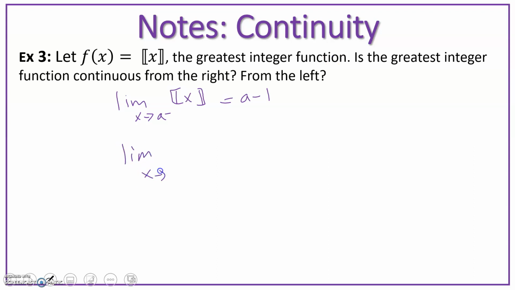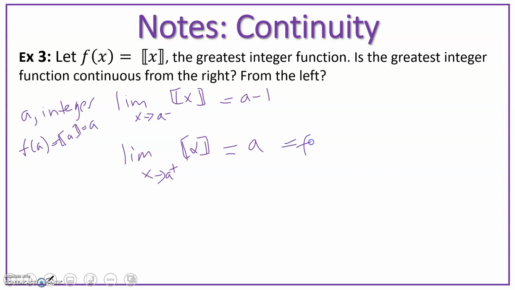Whereas if I were to come at it from the right and plug in a number to the right of a, so let's say this were 3, and I were to plug in 3.5, it would come out simply a. Now, if we're assuming that a is an integer, because those are the places where we have the steps, then f of a of our greatest integer function will spit out a itself. So from the right produces our